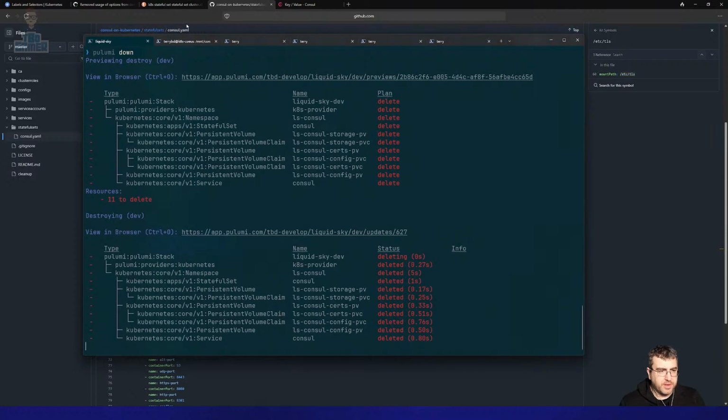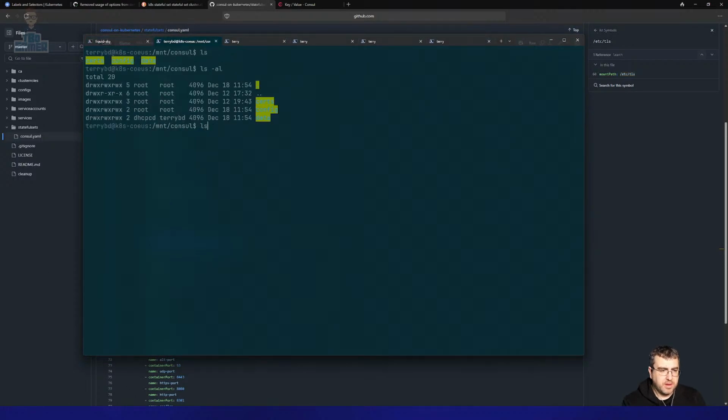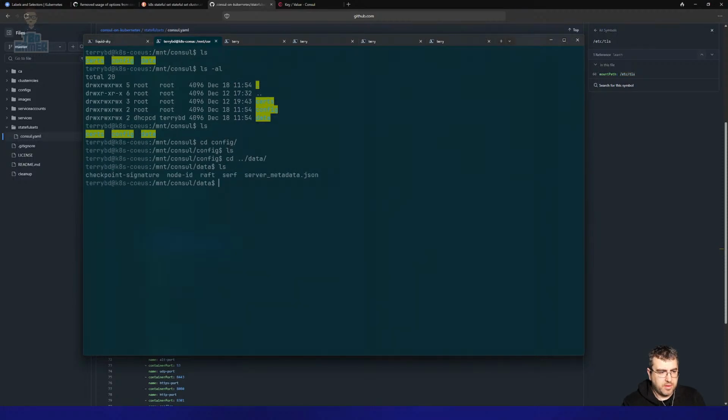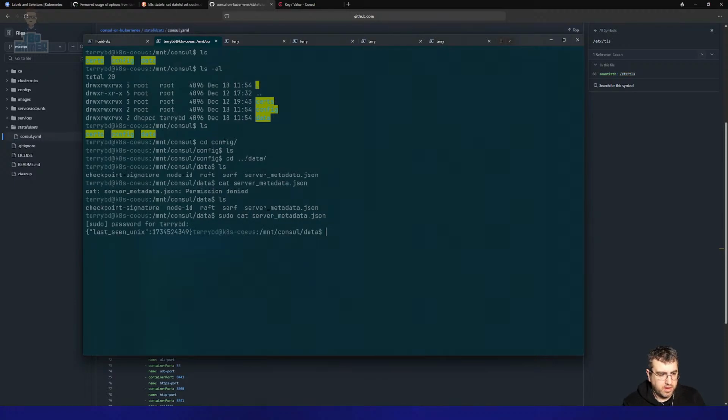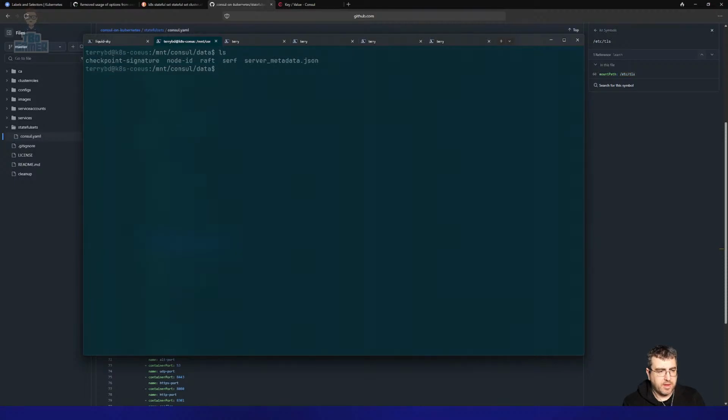Essentially, on the host machine here, yeah, see, it retains that. Sudo cat. Yeah, so it has retained that,